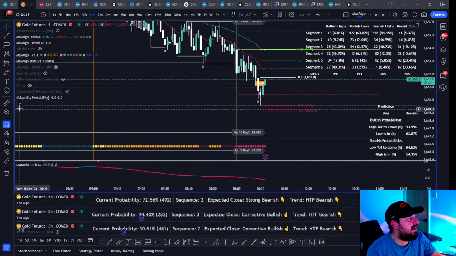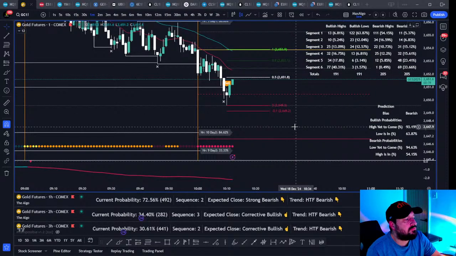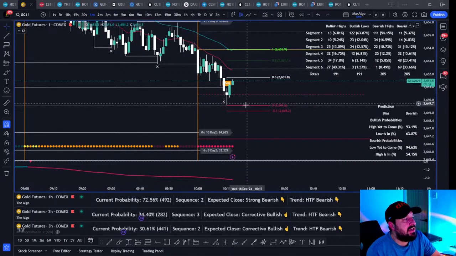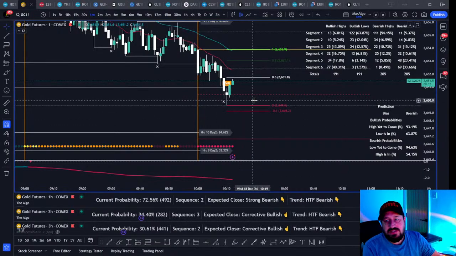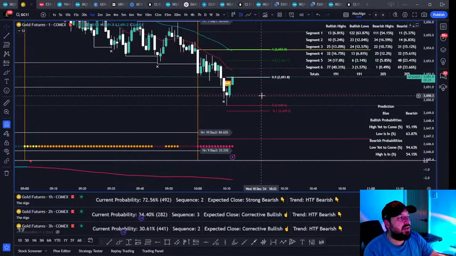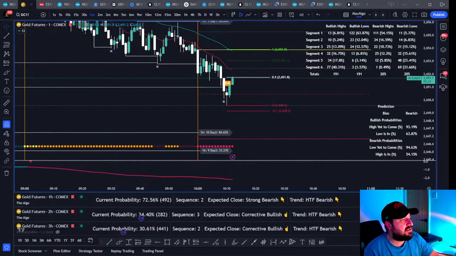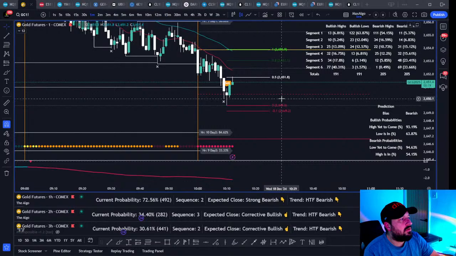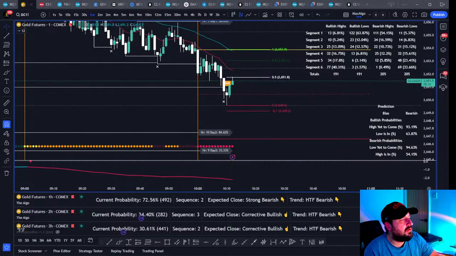I'm happy to take a... Got a 72% probability of bearish. Now, ideally, with gold, we'd like to see a little bit more time go by. We do get tagged in that trade, so let's just set ourselves up. Right. So we've got our liquidity below.